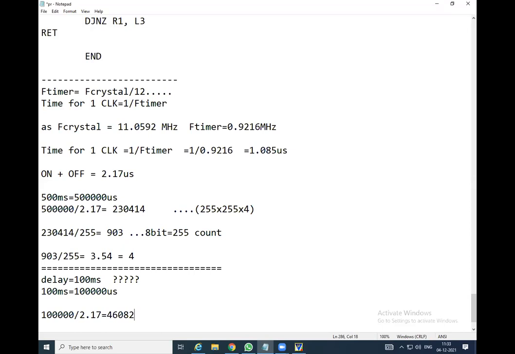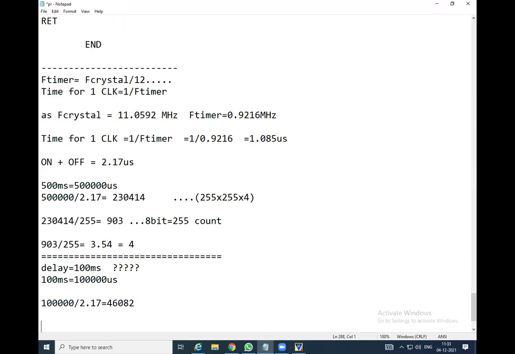This much count comes here. So the next task is to just do 46082 divided by 255. So how much does it come? It comes to around 180.